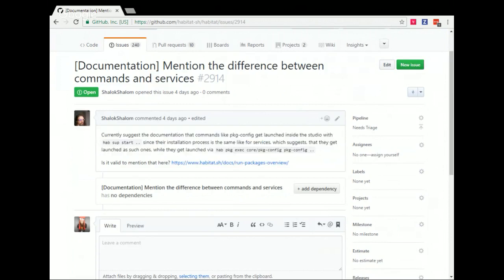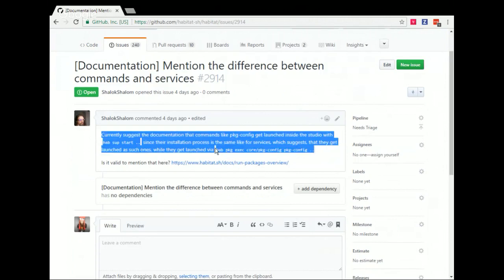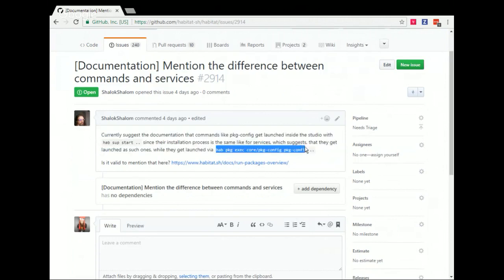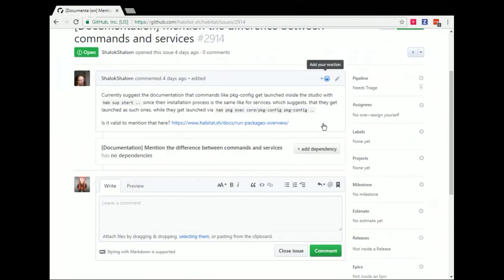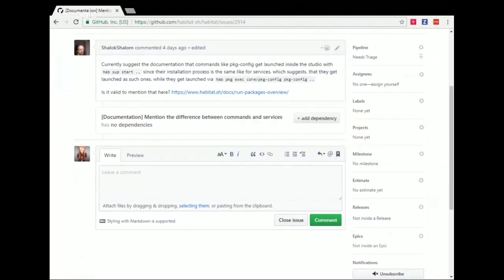So I think that probably this is valid. What we need to do is have a more clear explanation of when you're executing binary-only packages, how you call those. And I think we have some documentation on that, but it may not be clear enough. So I'm going to go ahead and update this real quick.